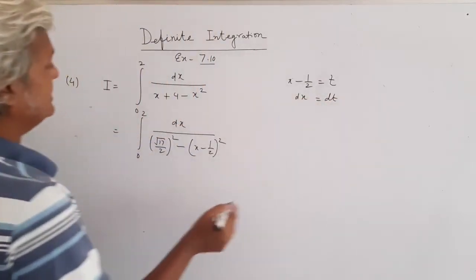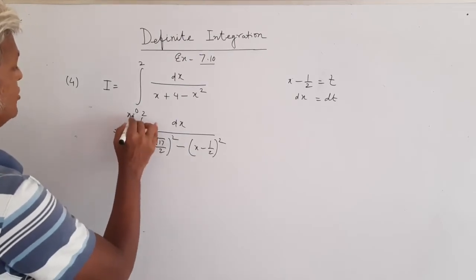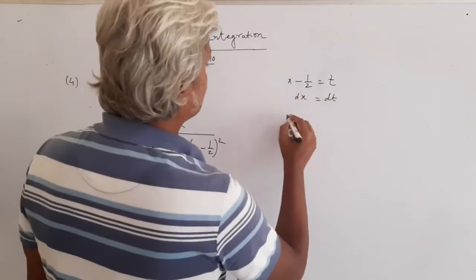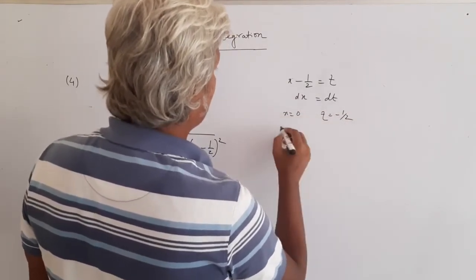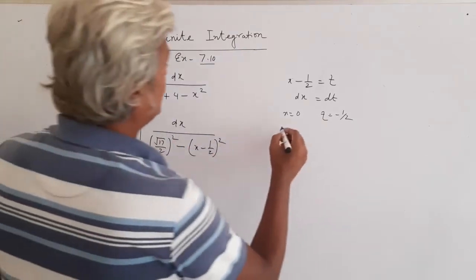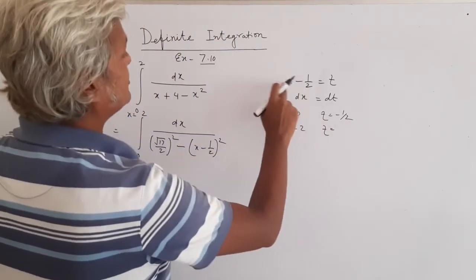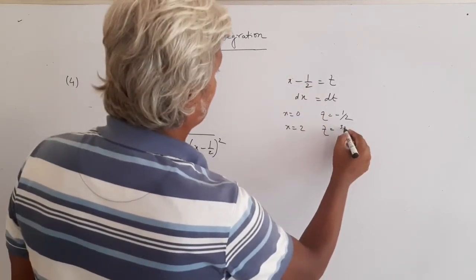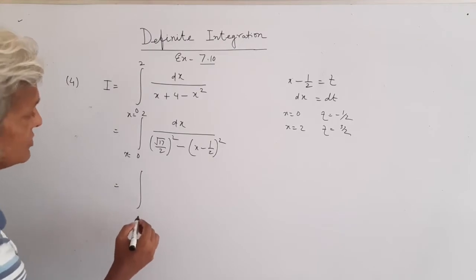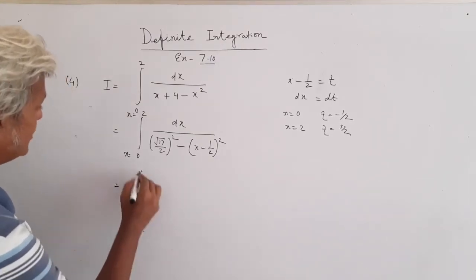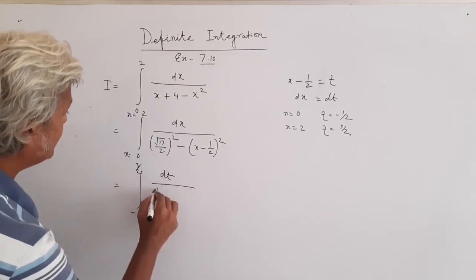So dx is dt. Now you see that here x is 0 and x is 2. So when x is 0, t becomes minus half, and when x is 2, t is 2 minus half, so 2 to the 4 minus 1, 3 by 2. So the limit changes from minus half to 3 by 2, and this becomes dt over